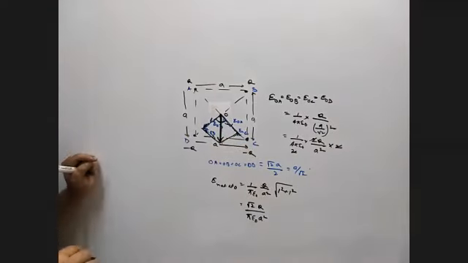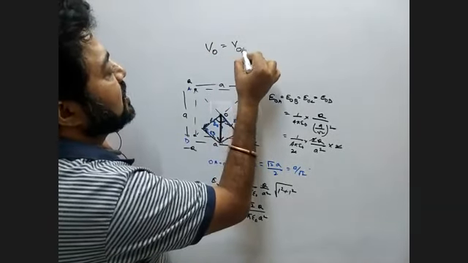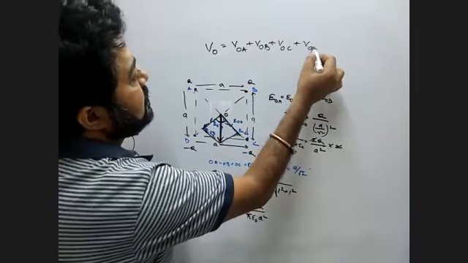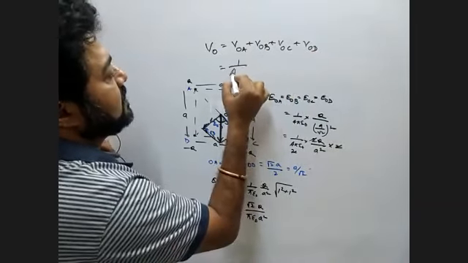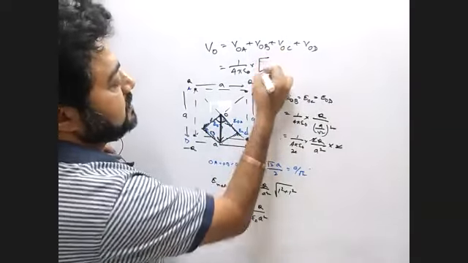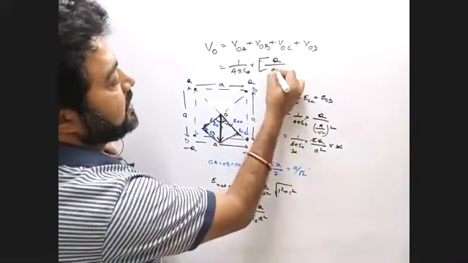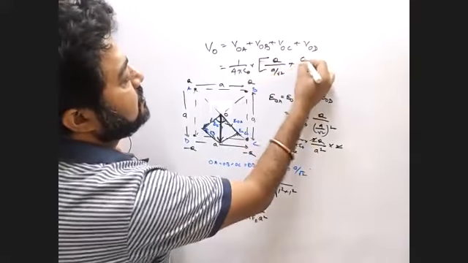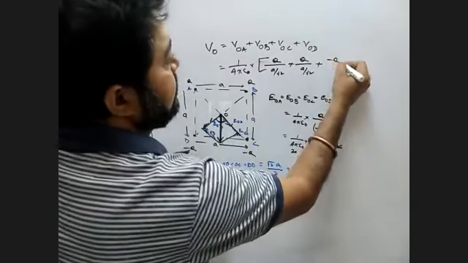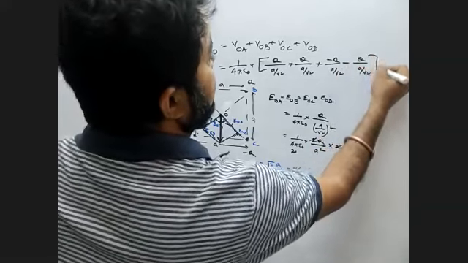And if you want to calculate the potential, see, what do you mean by potential? Potential at O due to A, at O due to B, at O due to C, at O due to D. So you can take 1 by 4 pi epsilon naught common. You take plus Q by that distance, how much? A by root 2, plus Q by A by root 2, then minus Q by A by root 2, then minus Q by A by root 2. I hope you understand what the answer is.